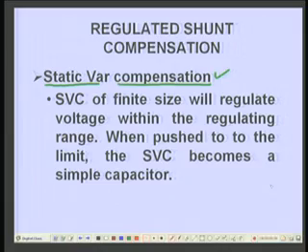And the reactive power consumed by the shunt capacitor is proportional to the square of the applied voltage. Therefore, that limit will become, but within the voltage control limits it maintains the voltage constant. This is a very important point.